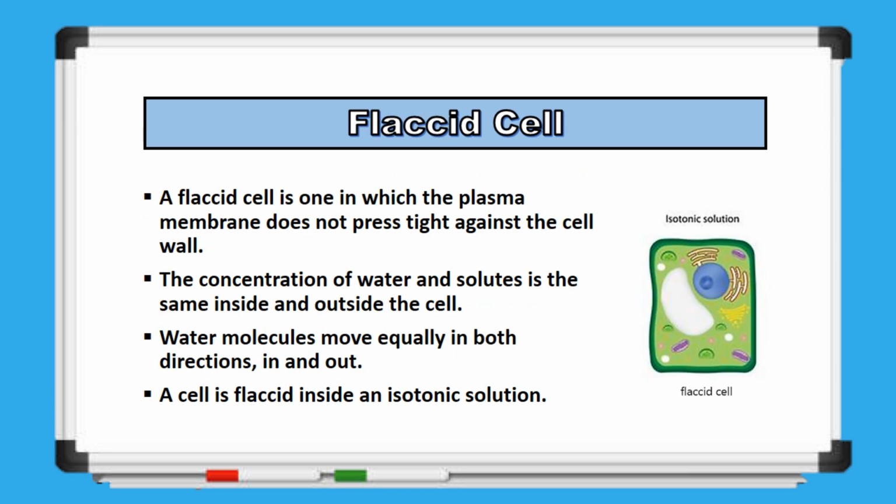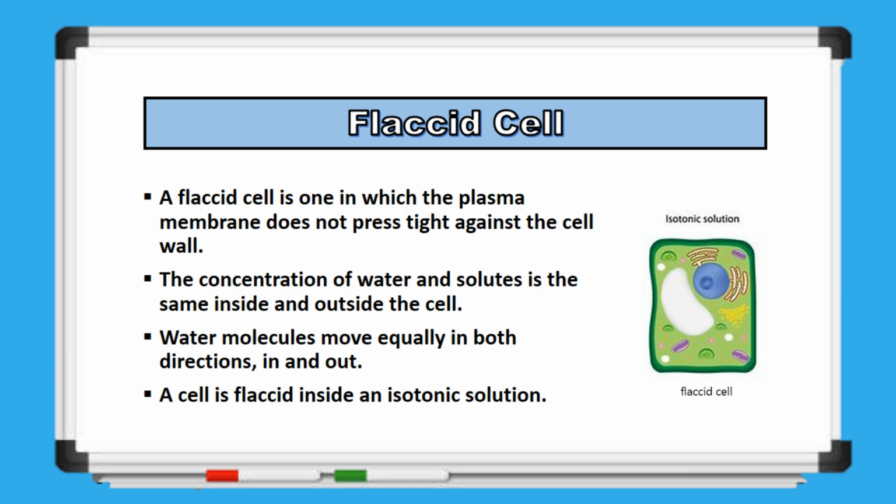A flaccid cell is one where the plasma membrane does not press tightly against the cell wall. In this state, the concentration of water and solutes is the same both inside and outside the cell, meaning there is no net movement of water. As a result, water molecules move equally in both directions, in and out of the cell. This condition occurs when the cell is placed in an isotonic solution. The diagram on the whiteboard illustrates a flaccid cell, where the cell membrane is slightly detached from the cell wall